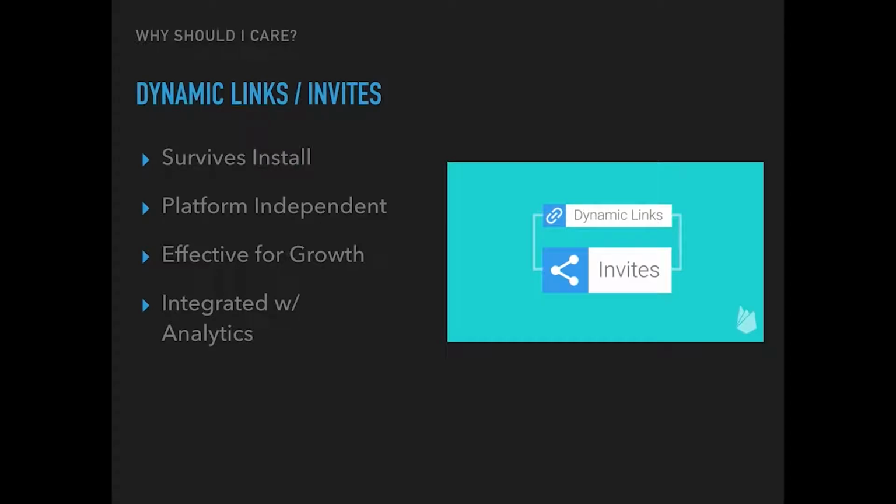So the invites portion builds on top of that. Invites is a service where you can have your users invite other users into the app. You can do this via SMS or email, and with those I should say, you can send registration codes. Say you want to build a feature where if you invite 5 people to the app, I'll give you the next month free on the service or whatnot. So you can build that functionality in with the dynamic invites, which is built on top of dynamic links. And just like cloud messaging, it's integrated with analytics.